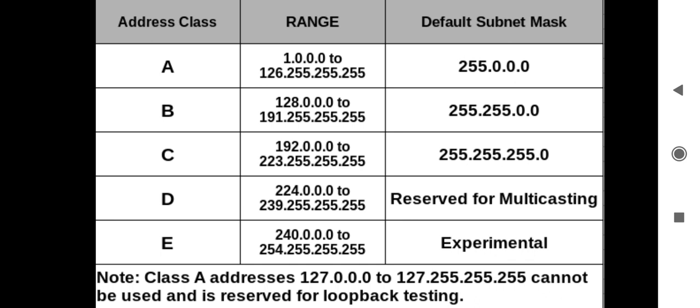In the same way, the second series is 128.0.0.0 to 191.255.255.255. For this second range of IPv4 addresses, the subnet mask is 255.255.0.0. And for C class, the IP addresses start from the 192 series, 192 to 223.255.255.255. For this C class, the subnet mask is 255.255.255.0. And for D class,